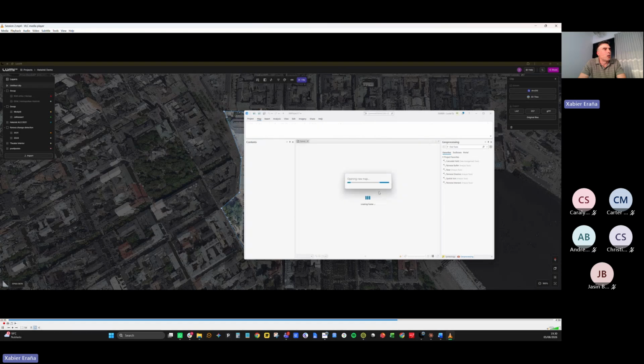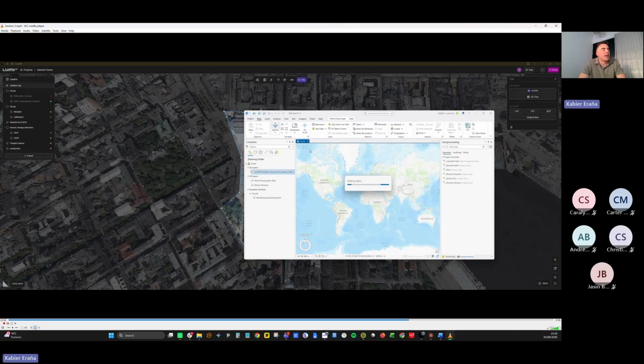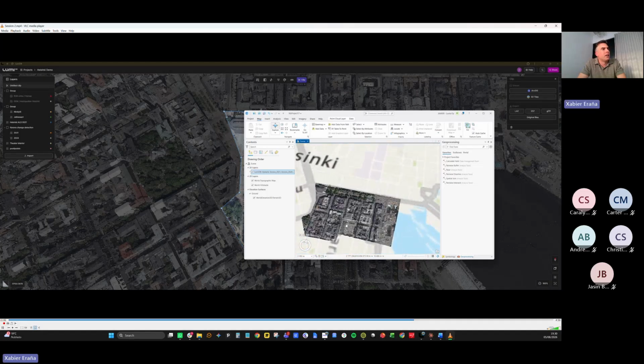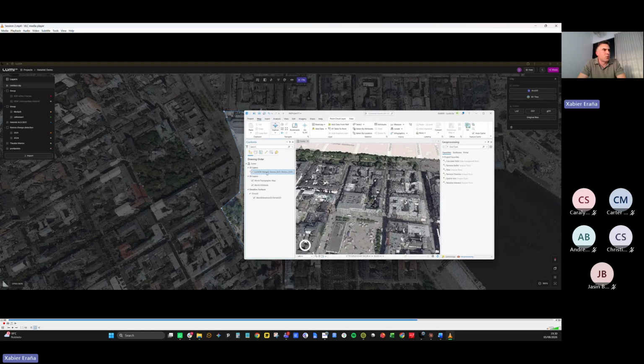We'll need to open our local scene and simply press Map and add data from path. I'll paste my link. I'll put the API related information. I've been working with it before, so I don't need that. But if this was the first time, I need to put my API key in there, and we see that the streaming happens instantly.